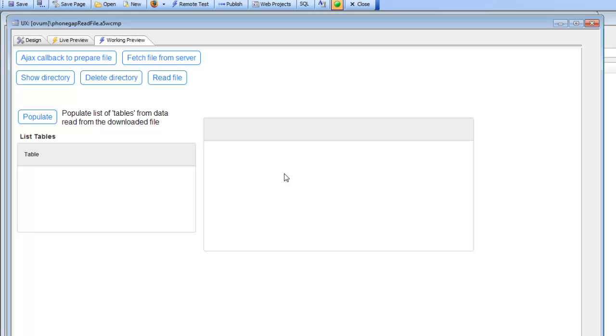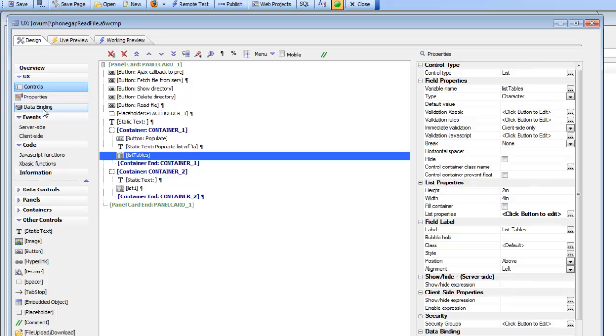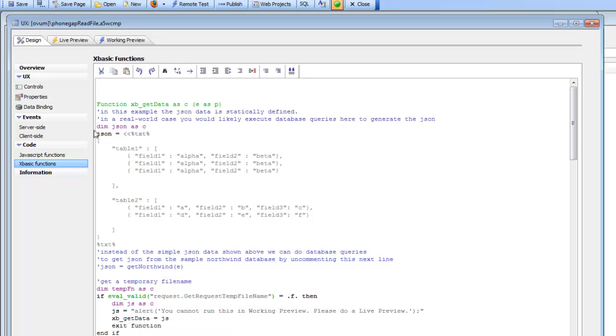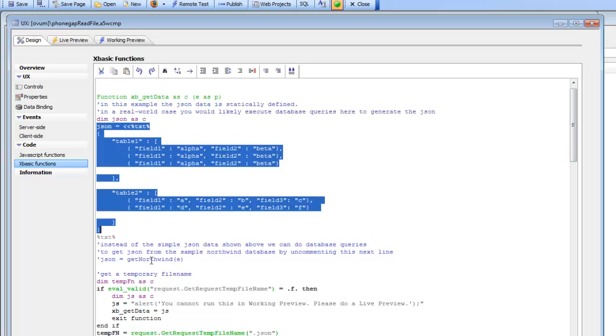So now in the next step, we're going to show how you can take all of these steps that were done individually and put them into a single button, so that when I press this button over here, we make the callback, initiate the file download, and also populate the tables, all in a single step. And also to make the demonstration more interesting, instead of populating the JSON with this simple predefined list of JSON data over here, instead what we're going to do is